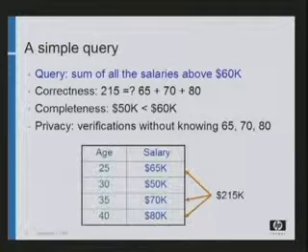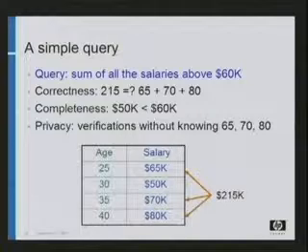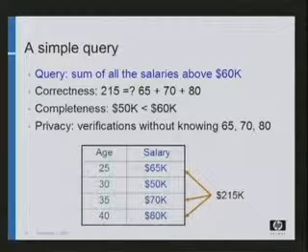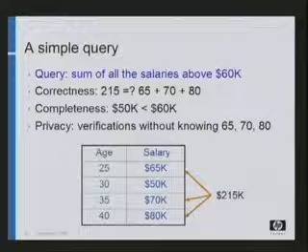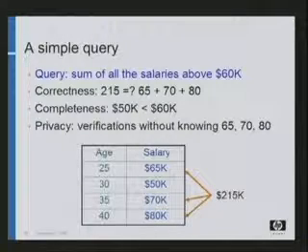This is for correctness. For completeness, we consider the selection part. You have a selection clause that is salary above 60K. Whether the numbers that are computed in the sum satisfy the selection criteria, whether or not the non-selected entries violate the selection criteria. In this case, we have to prove that 50K is less than 60K, so it does not satisfy the selection